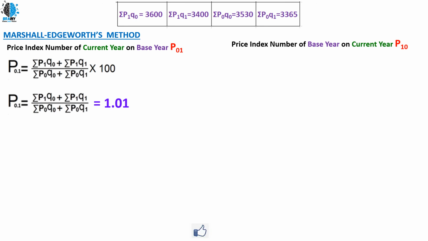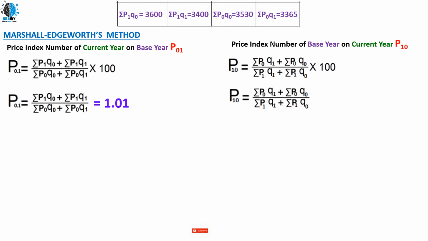Price index of base year on current year, P10. So here is the formula, we know this formula. Next, in this formula, we should not multiply by 100 because we are going to consider only the decimal part, not a percentage. I'm going to substitute the values P0 Q1, P0 Q0, P1 Q1, P1 Q0. After substituting all the values, I will get the price index P10 equals